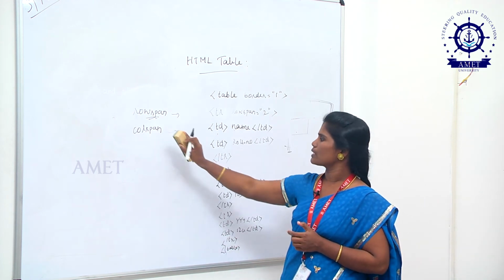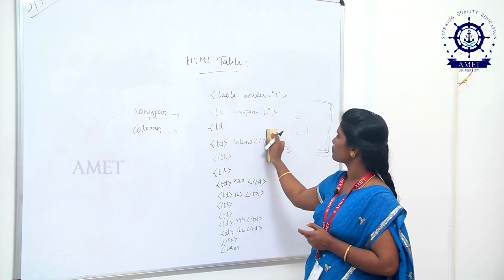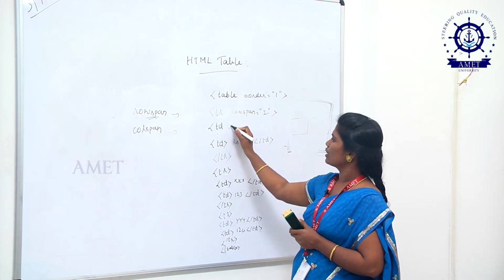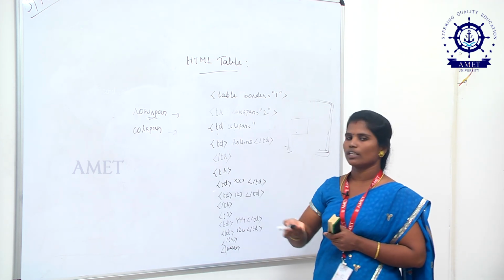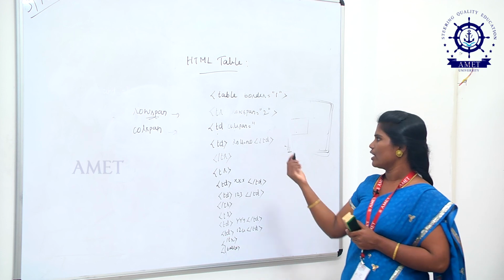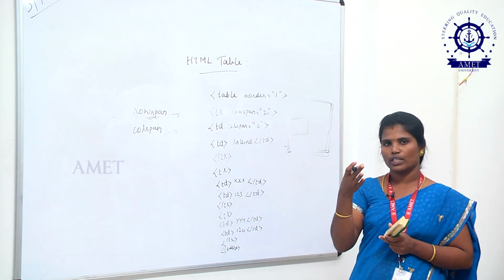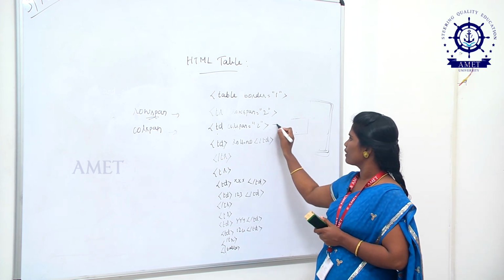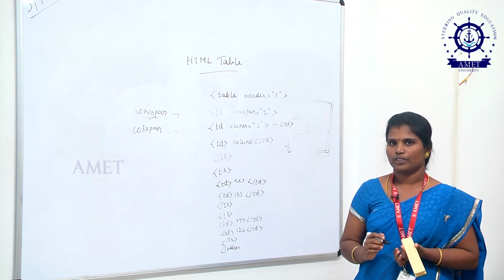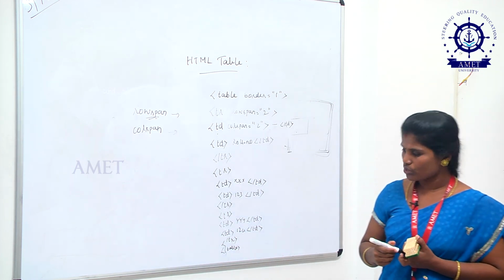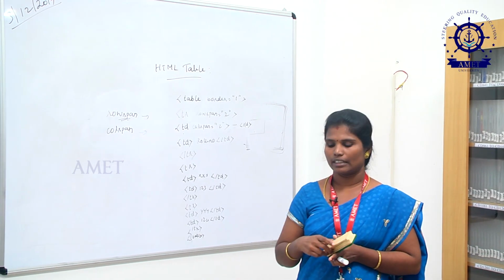Suppose if you want to use col span, you can go for the td tag. So, inside the td just use the attribute col span equal to the number of columns that you want to merge. I have given the same, 2. So, what happened? 2 columns will be merged into one column, and the content whatever you have given here will be displayed inside the cell. So, these are the 2 attributes which are used in the table row and then table data.